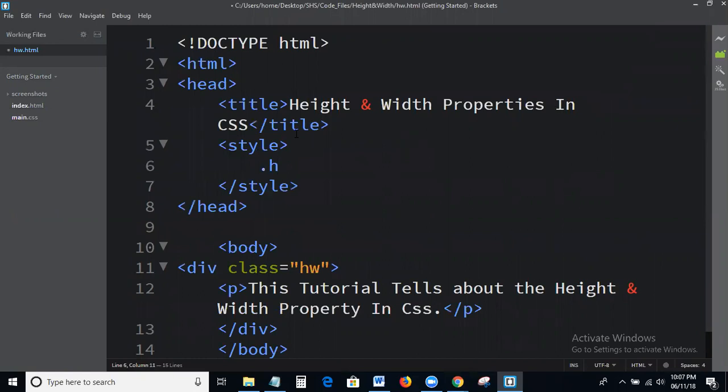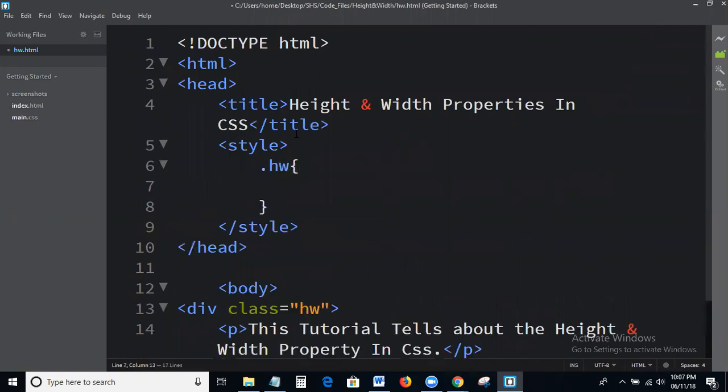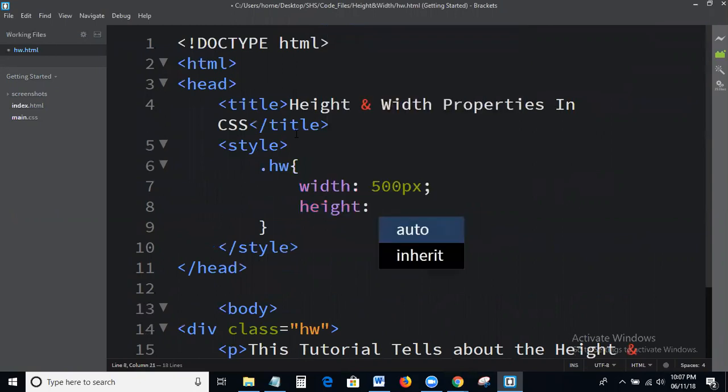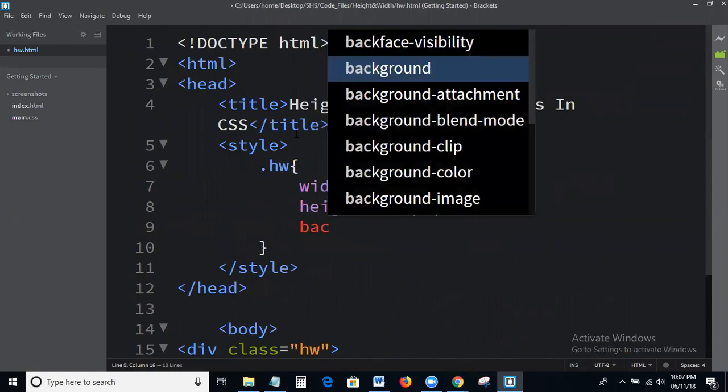Dot HW, width 100 pixel, height 200 pixel, background color